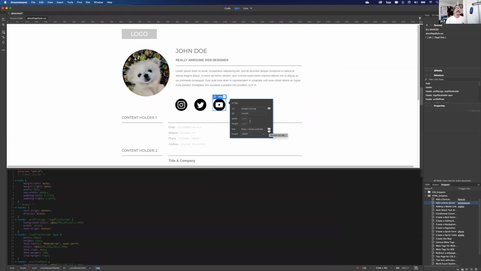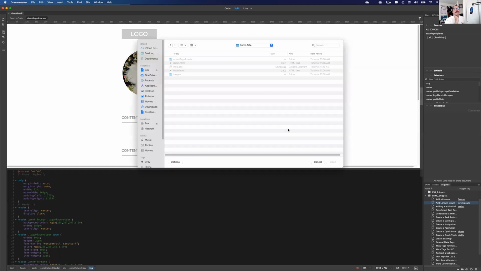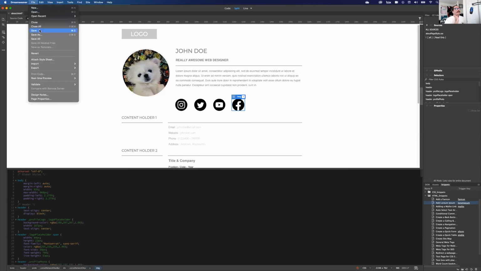blank. And this is also how you can say, oh, well, I want Facebook to take me to the homepage for whatever reason. If you had like a homepage button, you could do link, and you could say, take them back to about.html. This will be interesting. Let's see what happens with that. File, save,